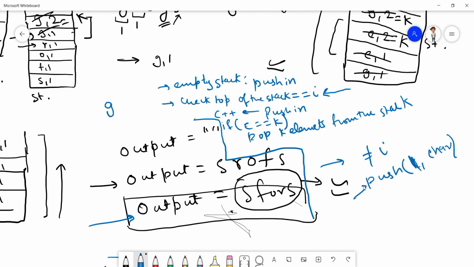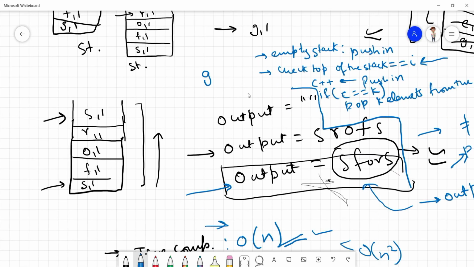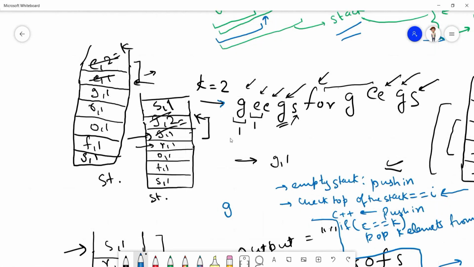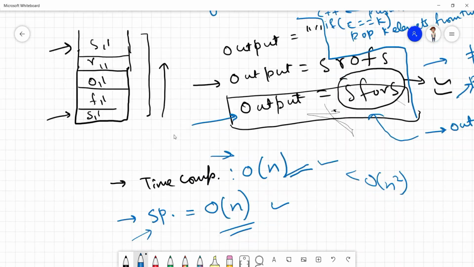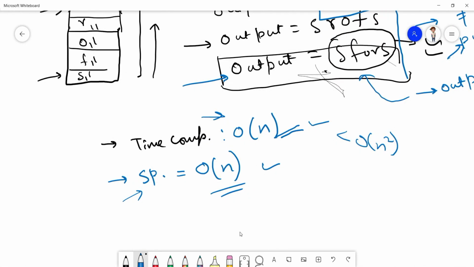So we will push it into the stack, and at the end we will create some output string. The output string will be created and we will reverse it to get our answer, right? I think the solution is clear to all of you for the efficient approach. And what we got, the time complexity is O(n).